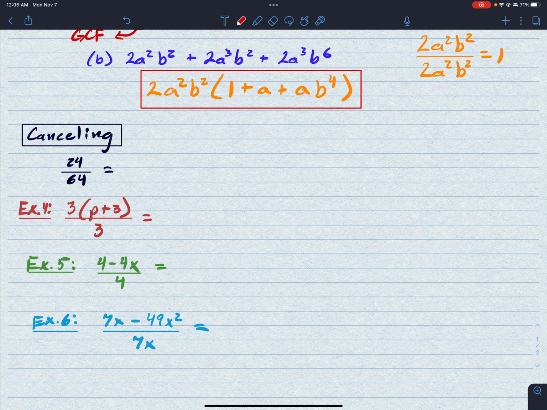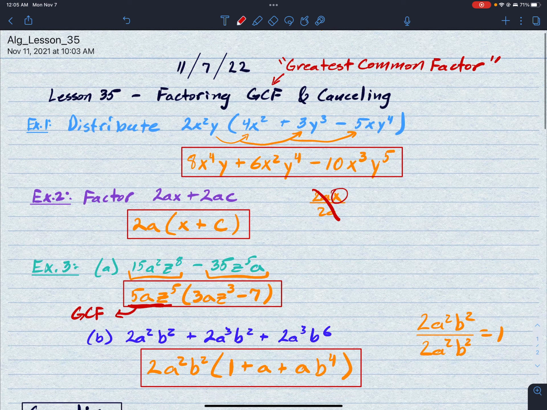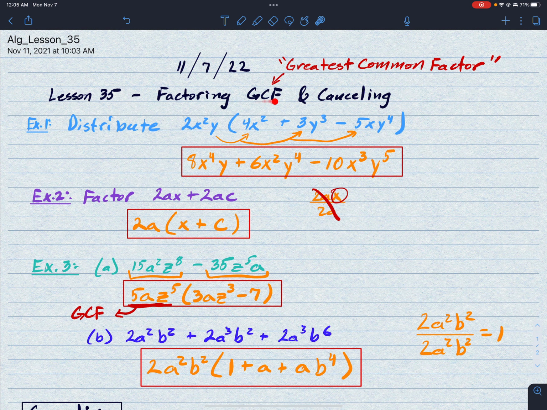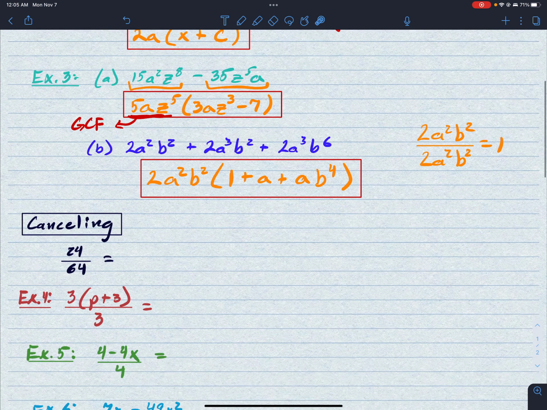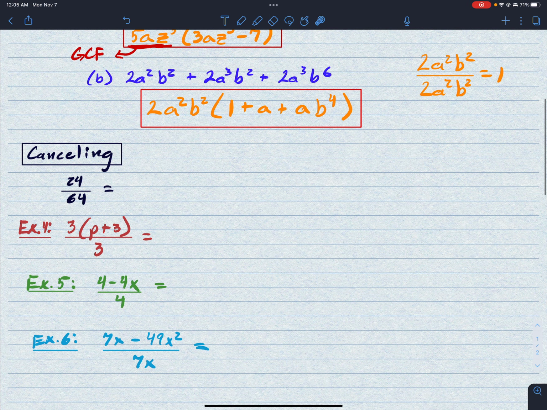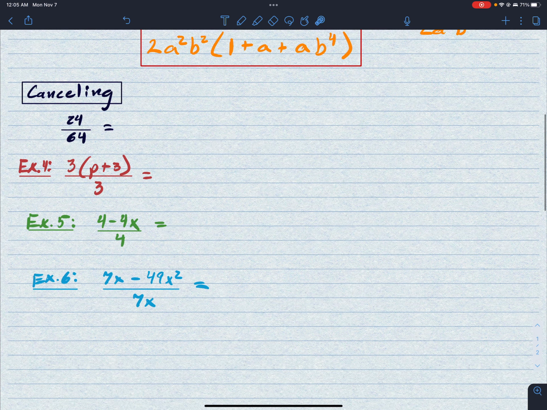Okay, welcome to part 2 of lesson 35 on factoring GCF, the greatest common factor, and then also canceling. So we just covered the concept of factoring out a greatest common factor in the previous video. This video will focus on canceling. Again, this is a topic that has already been discussed in concept, but we haven't seen problems exactly